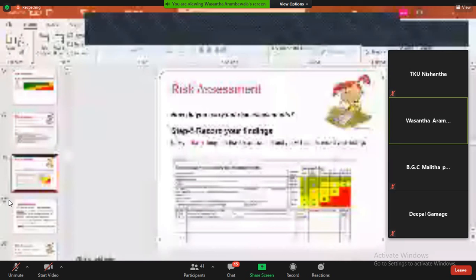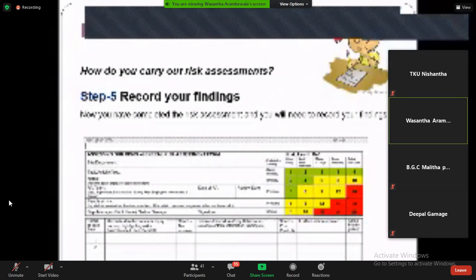Likewise, this is how you record the findings. The next one, review the assessment. We are reviewing all the information. For example, review your findings. Very important. As a good practice, we are doing it annually or sooner. You can establish six monthly, whatever. But if there are new changes for MSDS or new information comes, for example, assume cholesterol,